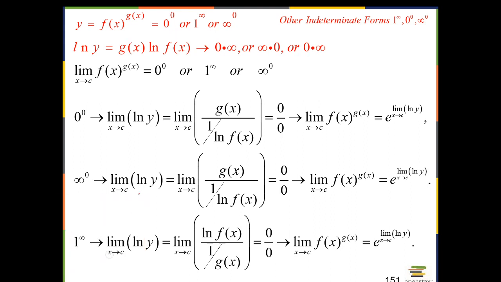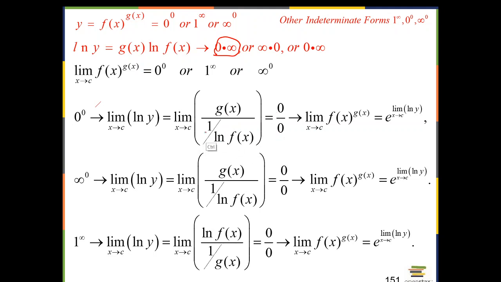Okay, so now we are going to find formulas to convert these to what? To 0 over 0. So if we have 0 times 0, we'll end up with this. And we can keep one of them in the numerator, the other one as 1 over ln f of x, which gives you